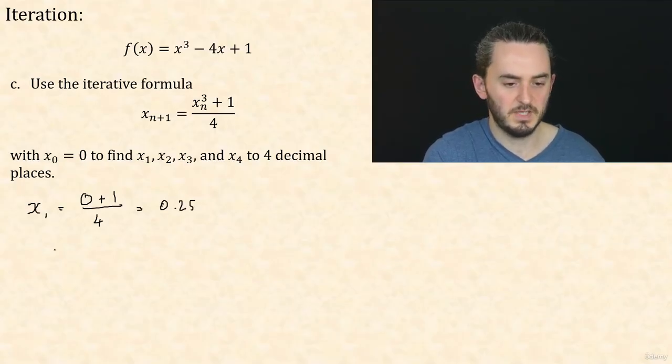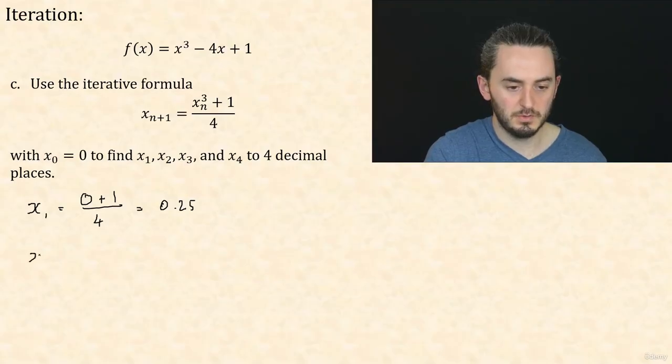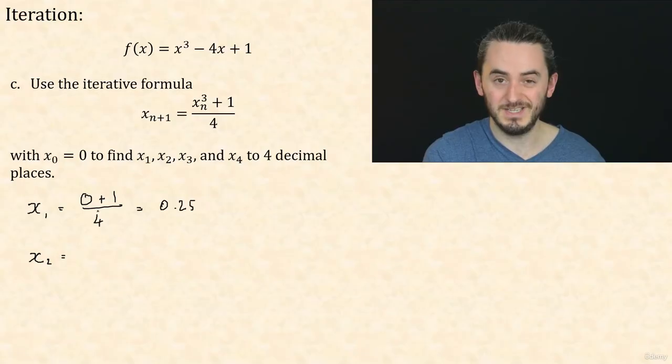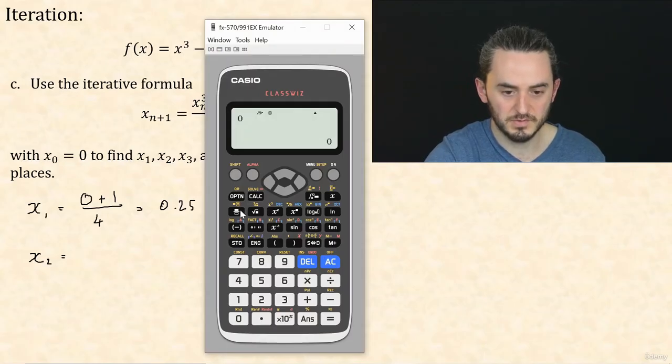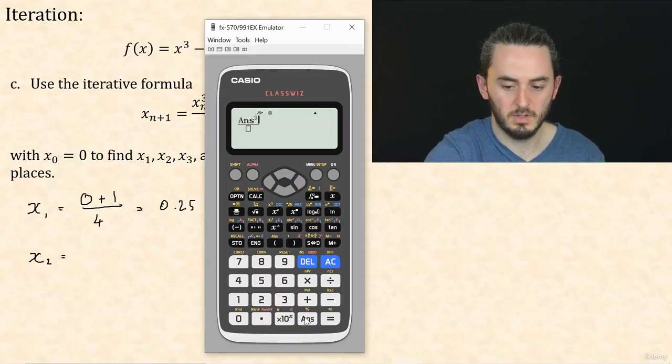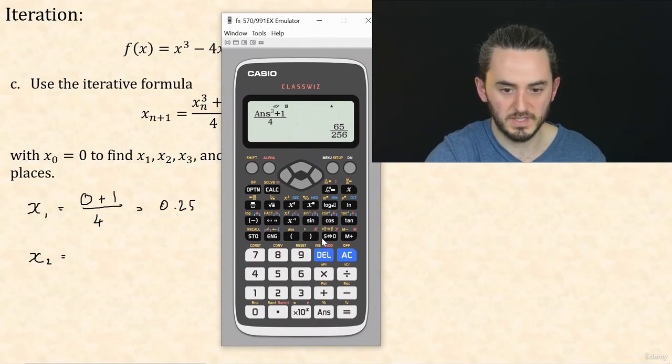Okay, a little bit of exam technique here. To get method marks, you do want to show that you're subbing it into the formula for at least one of them. After that, you don't need to. So after this point, I'm just going to do it all on the calculator. That just involves taking your first answer and then just using the formula, which was x cubed, so answer cubed plus 1 over 4. And just saying, okay, well, here's the first answer, here's my next answer. What did they say? They said to 4 decimal places, so